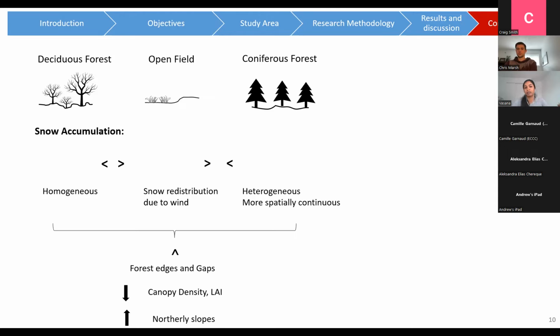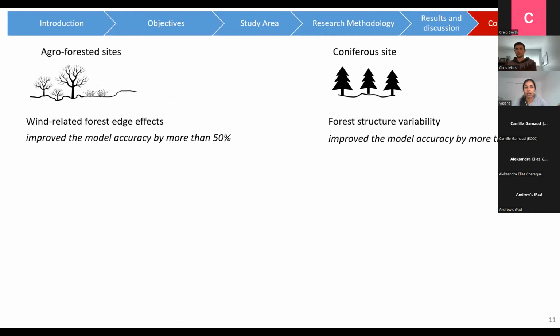And our results confirm the previous findings from remote sensing data, such as the snow accumulation decreases with the increase of the canopy density, and the snow accumulation increases in the northerly oriented slopes in the northern hemisphere. When these landscapes are taken together, we found in agroforested sites, incorporating the wind-related forest edge effects has improved the model accuracy by more than 50%, whereas in the coniferous environments, incorporating the forest structure variability improved the model accuracy by more than 60%,